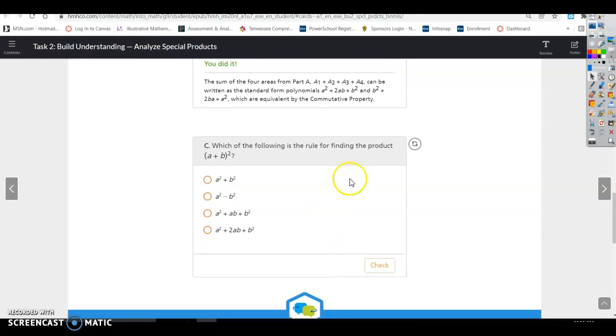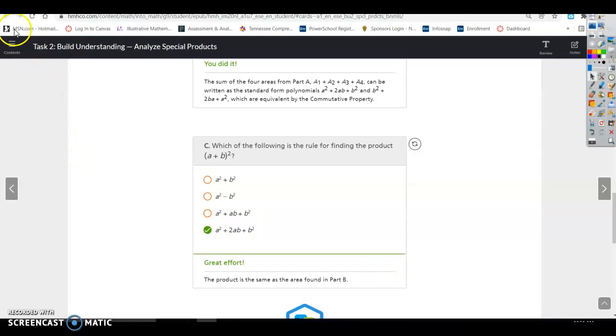Which of the following is a rule to finding the product a plus b squared? And that would be the last term, which we just looked at. So anytime you have a binomial squared, meaning a binomial times itself, because as we looked at with the picture, you've got a side times a side length in a square. The sides are the same. So you've got a binomial squared, and it's always going